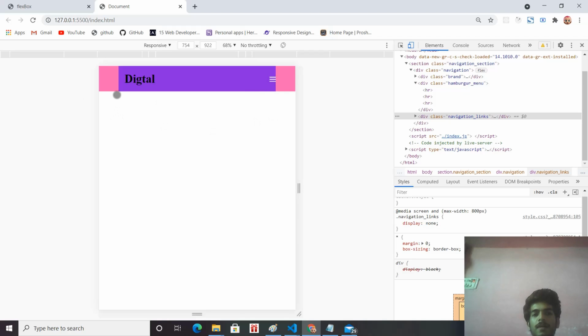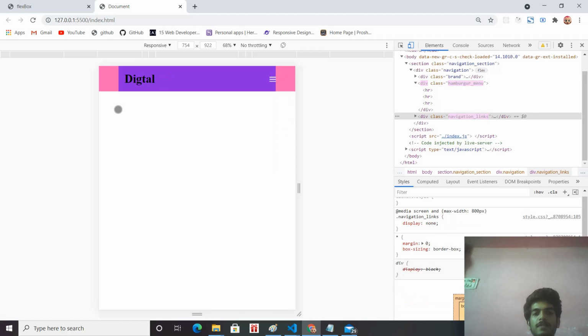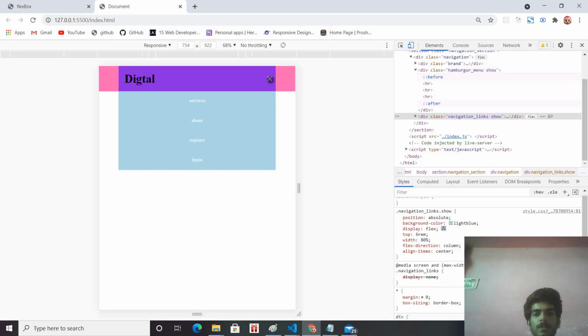That's why right now our navigation links are not showing here, because it doesn't have a show class. When I click on it, it places our navigation links below this container, but when I close it, it hides them. So this was our logic.